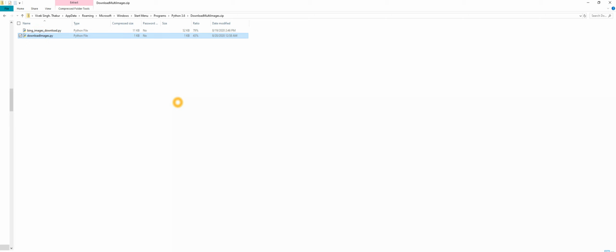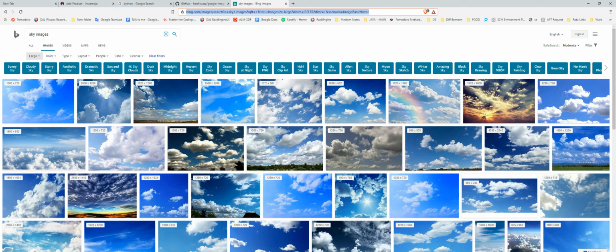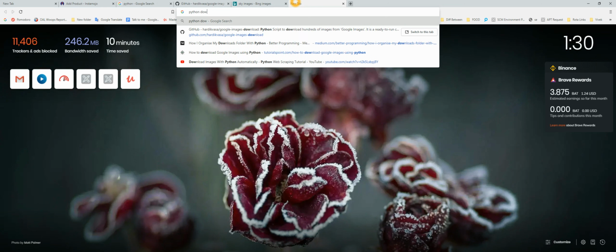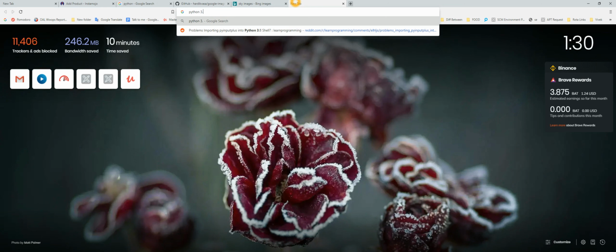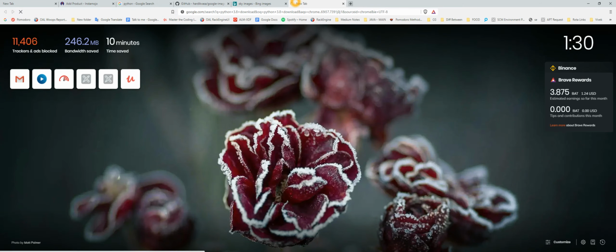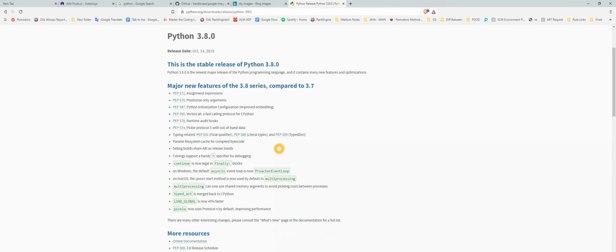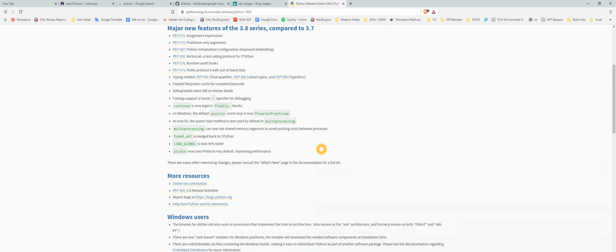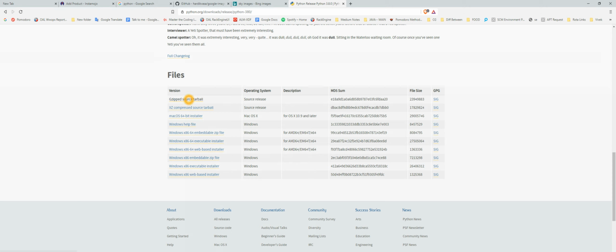And before that, place everything, install everything in one place, install Python in one place. Okay, for a normal guy, just search Python download, Python 3.8 download, and you will get it from here. Click on it and just install it. You get so many features. This is a stable release and all those things, and you can get it from here. Don't worry about it.